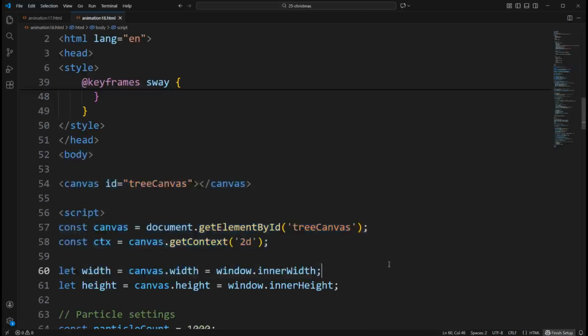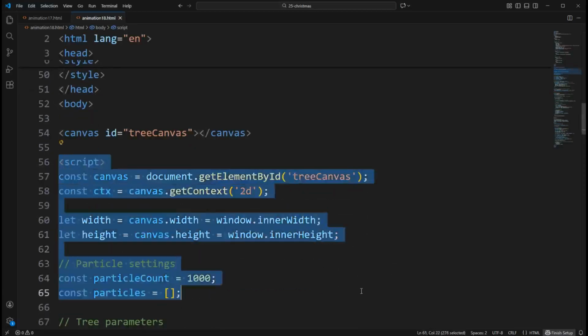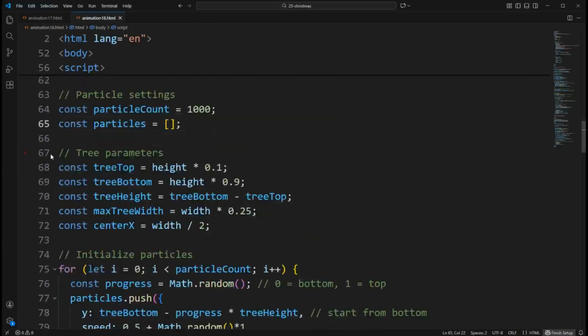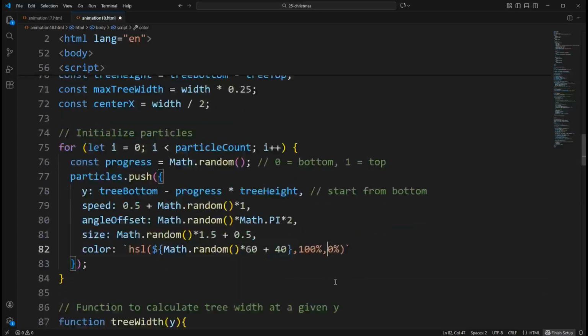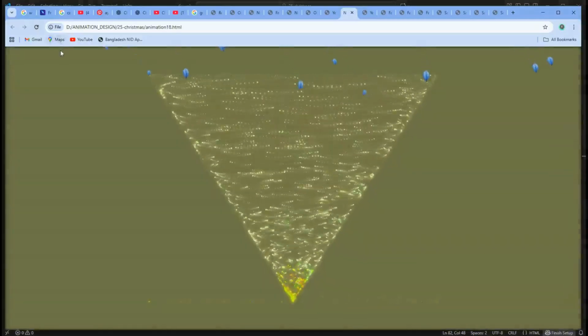Each particle moves upward continuously, spiraling around the center of the canvas using sine-based motion and a time variable to create a rotating effect, giving the illusion of a swirling, luminous tree. When particles reach the top, they reset to the bottom with new random sizes, colors, and angles to keep the animation seamless. A semi-transparent background fill is repeatedly drawn to produce a trailing glow effect rather than clearing the canvas